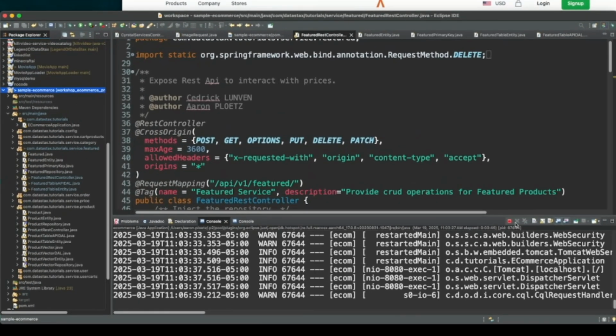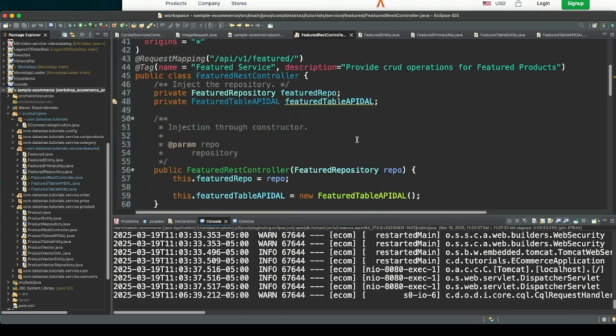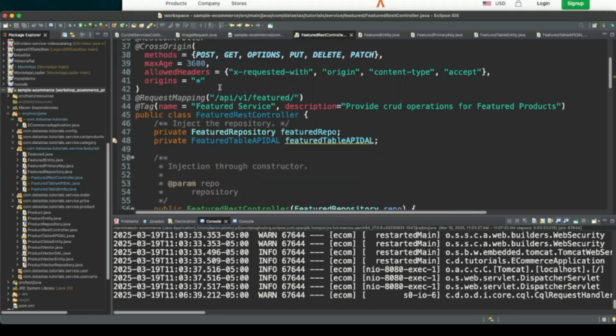All right, I can go ahead and stop that. If you're familiar with Java Spring Boot and Spring Data Cassandra, that's actually what we used to build this website on top of AstraDB originally. As you know, Java Spring Boot works on the premise of the MVC pattern, Model View Controller, and really all of the magic happens right here in this featured REST controller.